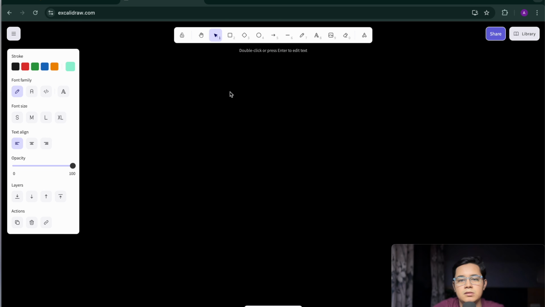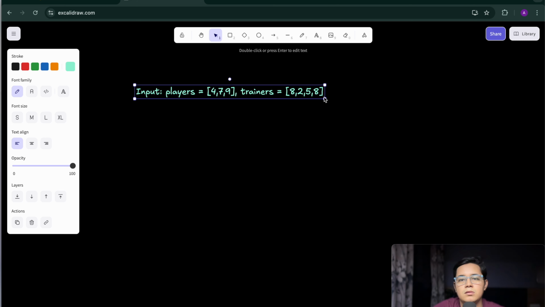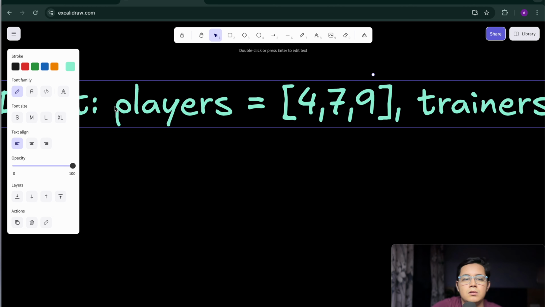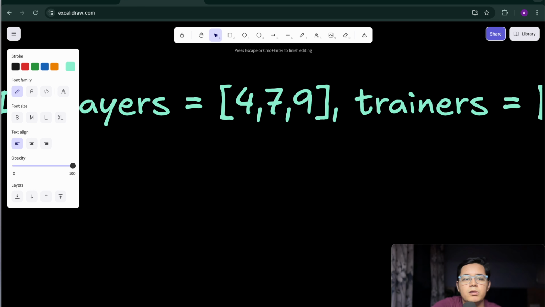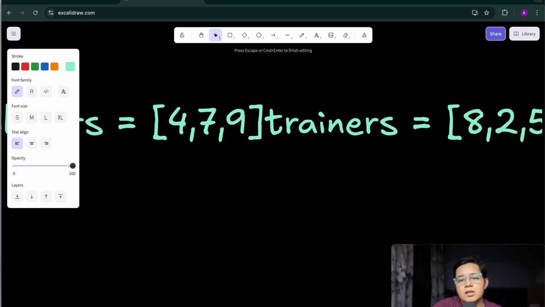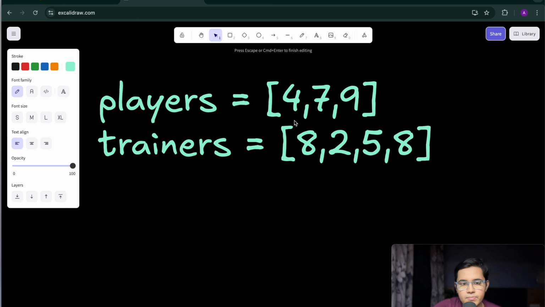Let's copy it and paste it down over here. This is what we have. Now, how can we do it? Now in this question, we must employ a greedy sort of approach. And how would we employ the greedy sort of approach? We basically want a mapping where the difference between